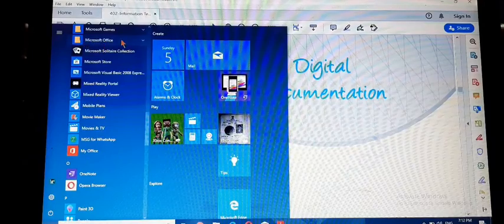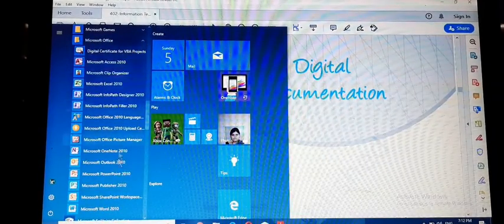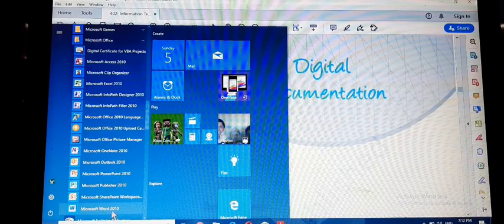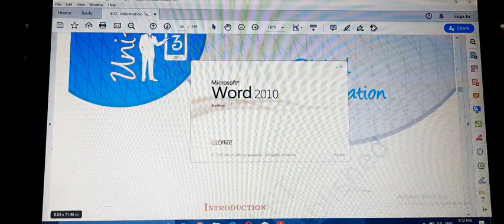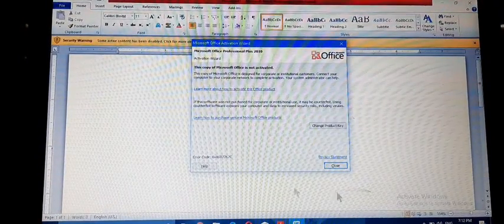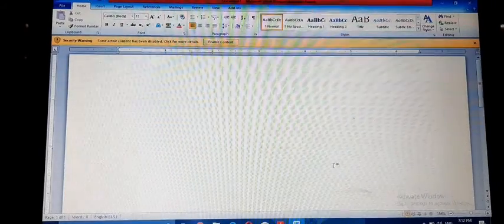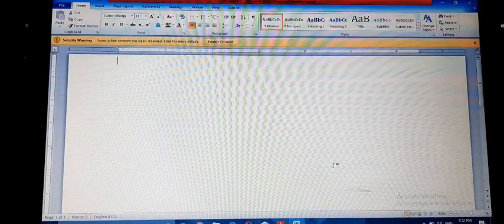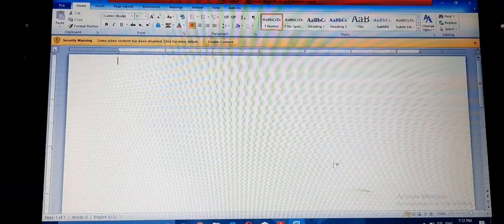This is the MS Office folder. Click on the MS Office folder. Here is the MS Word 2010. This is the window of MS Word.